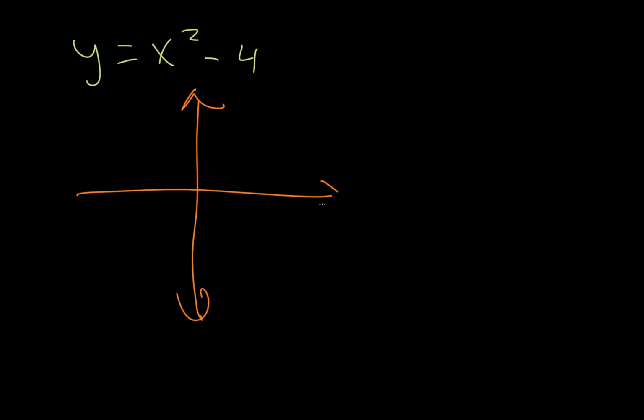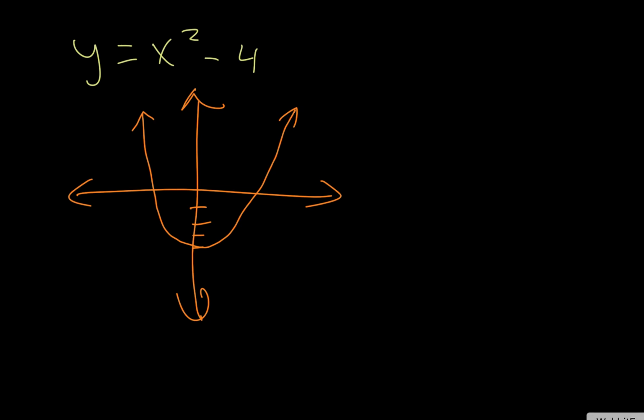Okay, so let's look at a problem like this. So x squared minus 4. So going through this, just graph it. So either graph it with a calculator, graph it by hand by plugging things in, making a table, or you can just kind of move it. So we know x squared would look like this, but then negative 4 would put us 4 below. So we're going to go like that. Okay. Now,